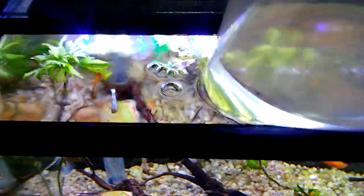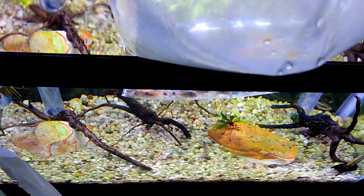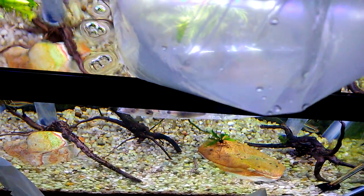And then I got this third bag. 8 panda cories. So they're gonna go in here, even though, as I said, this is gonna serve as a quarantine tank, but this is gonna end up being their permanent tank. So they're gonna stay in here. And then the fourth bag, actually no, wait, I have 5 bags altogether. So I think I forgot about some of the other ones. So here